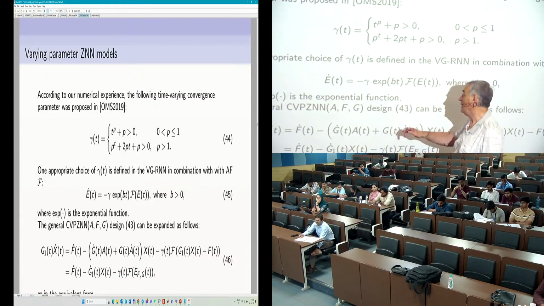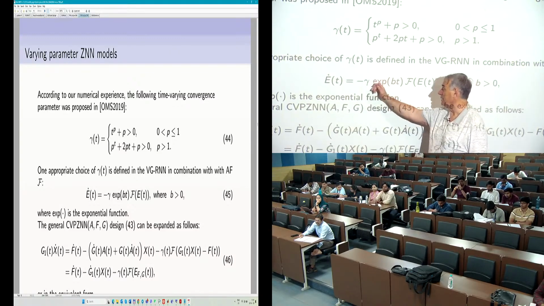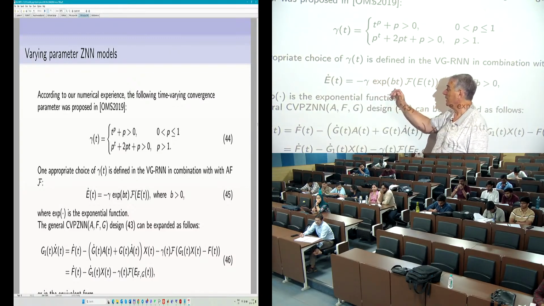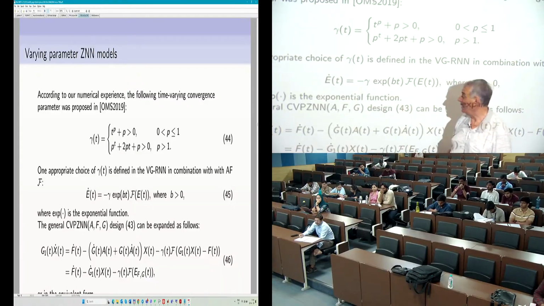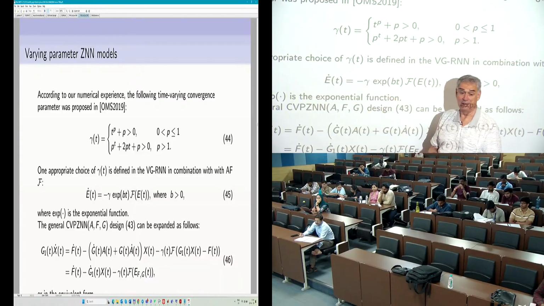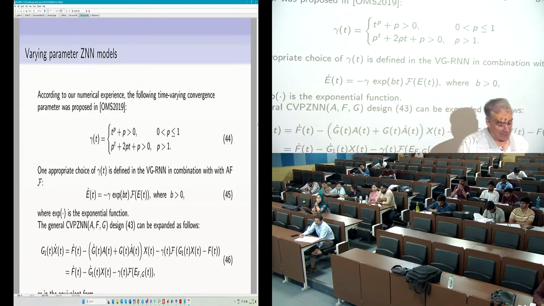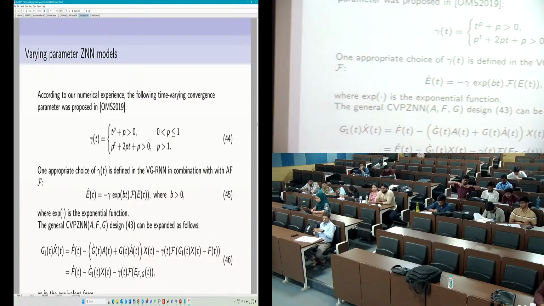Exponential function. Here is gamma of t defined as an exponential function of bt, and still here is gain parameter gamma. And we applied this model on investigated already,